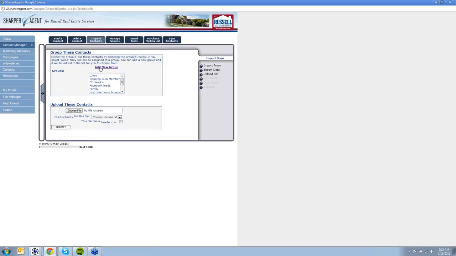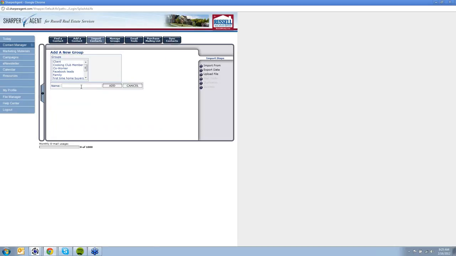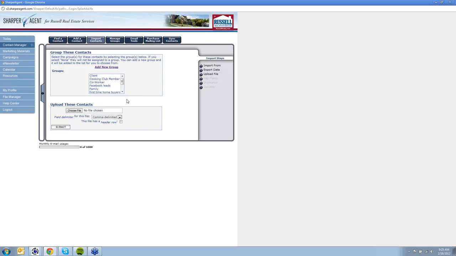Now I can add a new group if my group didn't already exist in here. And I have a list of Russell agents, so I'm going to click Add New Group. I'm going to type in Russell. I'm going to click Add, and now it appears in my list. I'm going to have to highlight this so that the system knows this file that I'm about to import, I want it to go into this specific group. So I'm going to check mark that I have a header row,